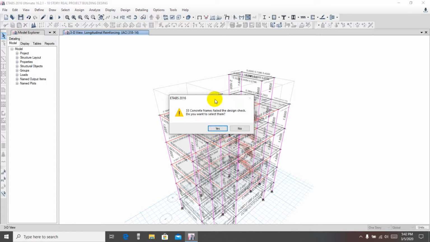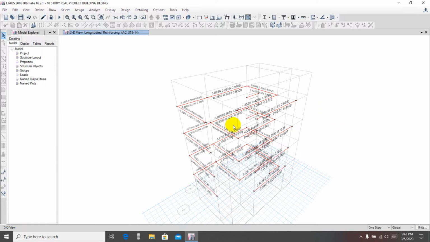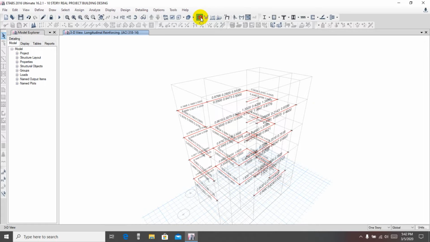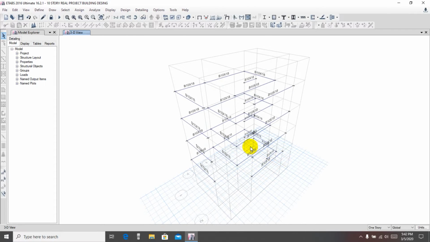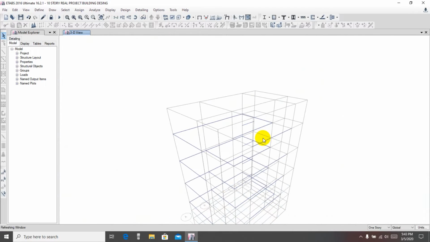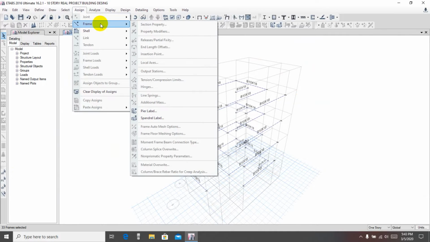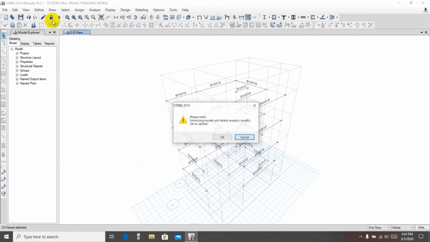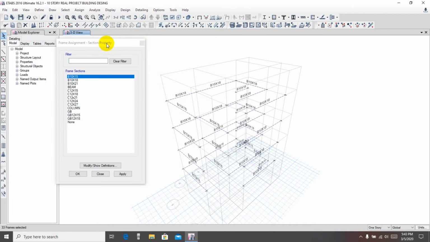So now we'll select that, and also show selected objects only, and from here we'll go undeformed shape, and it's showing 10 into 18. Almost all wall frames are 10 into 18. They're also failing. Now as they are failing, we'll use pre-select, and we'll go assign frame. Sorry, we have to unlock that. Assign frame. From here,